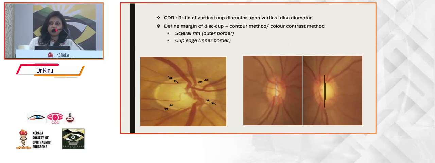By color contrast, we typically mean that there is a difference in color between the cup and the rim. The rim is yellowish orange and the cup is pale in color, so we can identify the edge using that. But a more accurate way would be the contour method, wherein we trace the blood vessels. As the blood vessels come from the optic disc, they bend at the edge of the cup. So if we trace all the bends of the vessels, we will be able to get the edge of